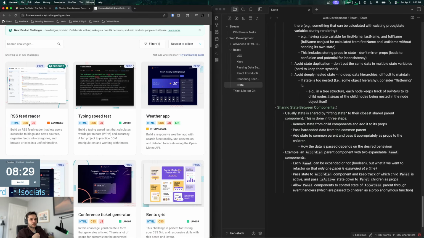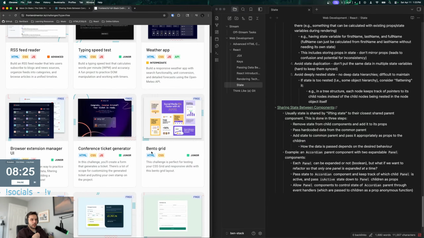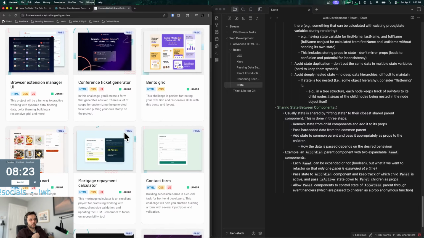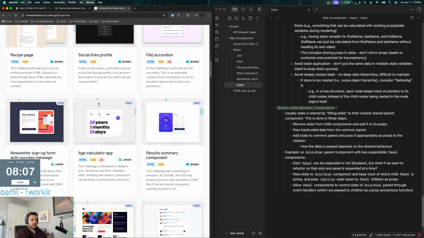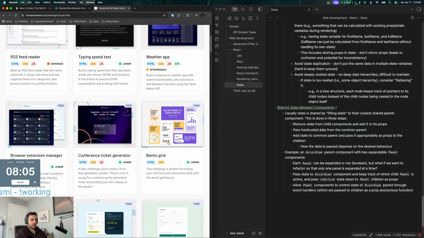There are some challenges here like typing speed test, weather app, bento grid. Some of this stuff is free, right? So I'm probably going to be sticking to the free tier for a while because I don't want to pay the money to do it. I'll stick to the free tier probably, but I might do a couple of these.